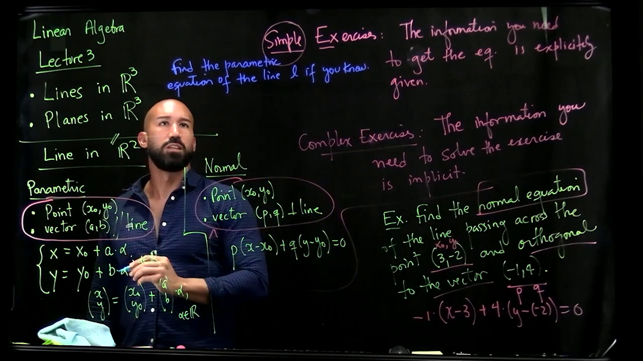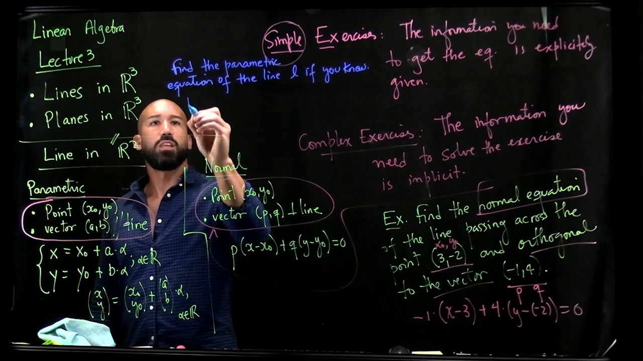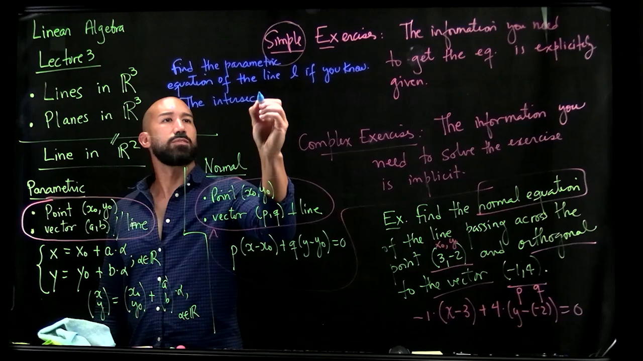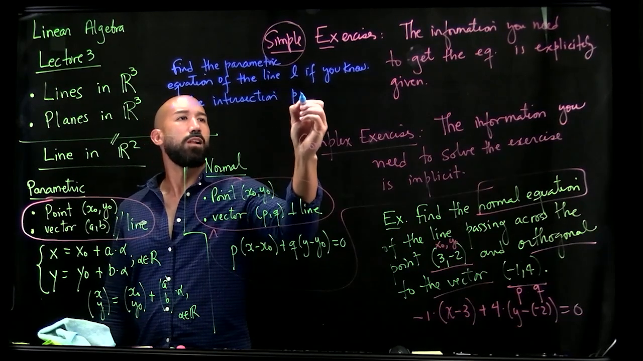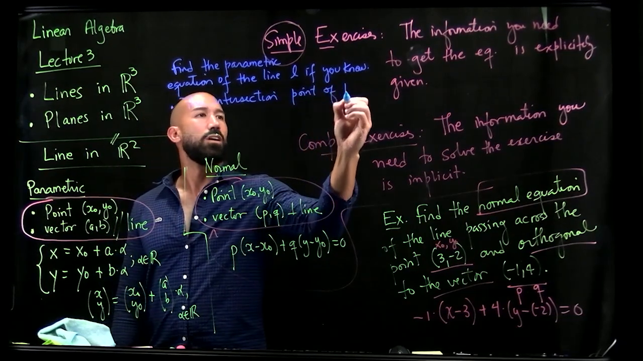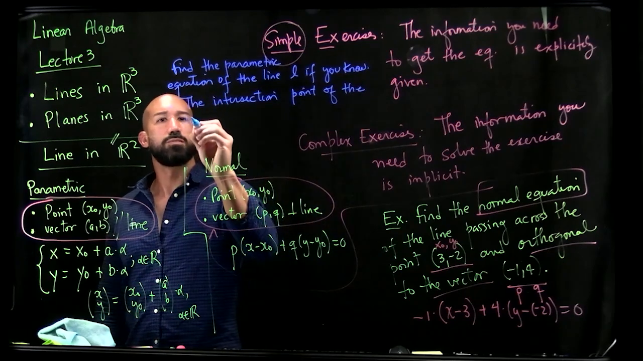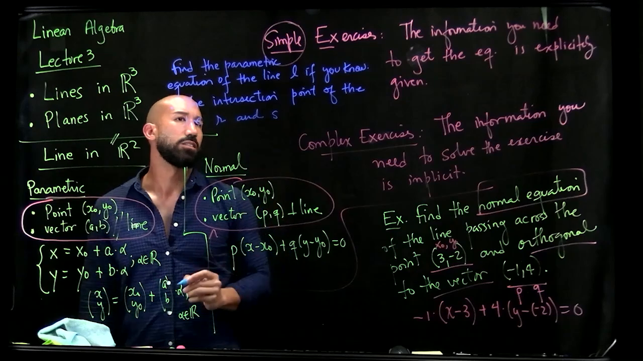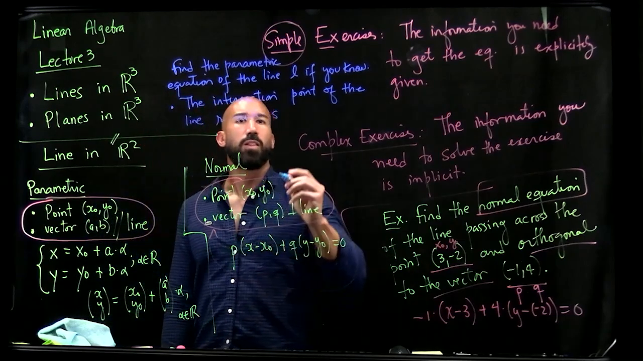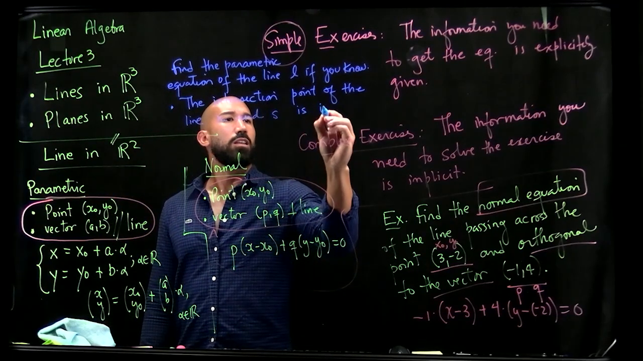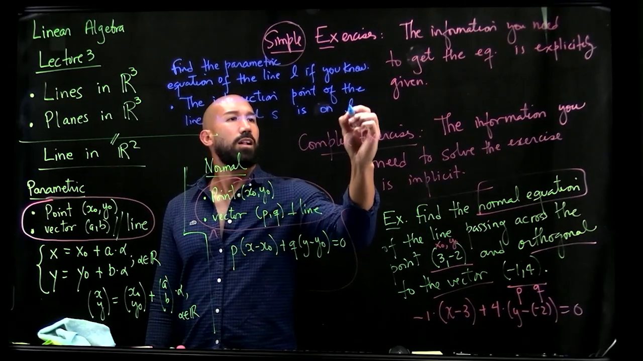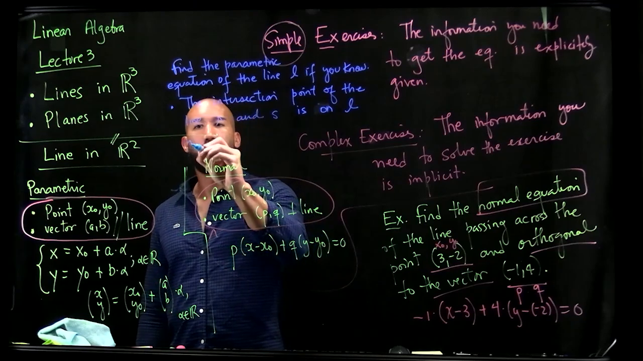I'm gonna give you the intersection point of the lines R and S, which is on L, where